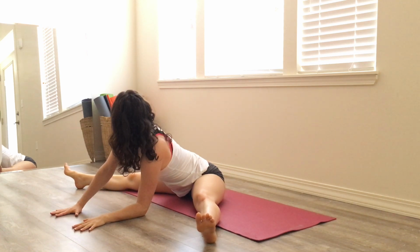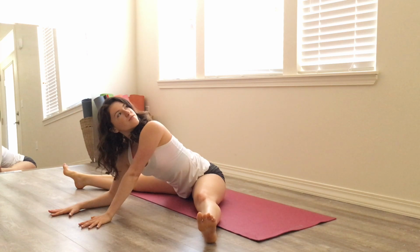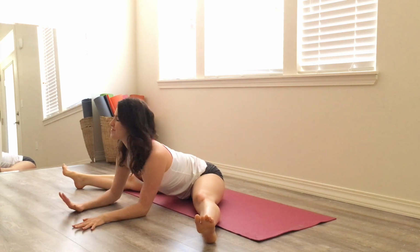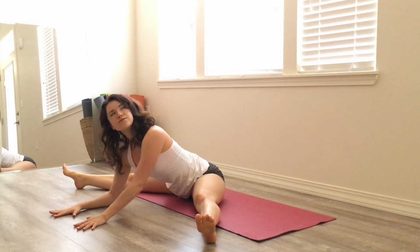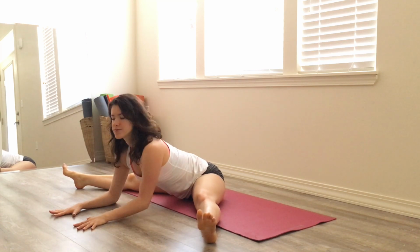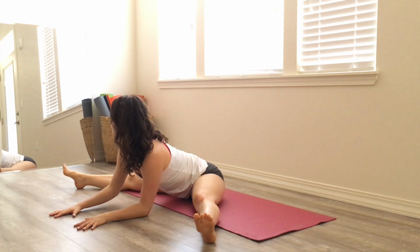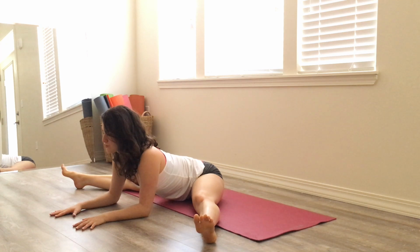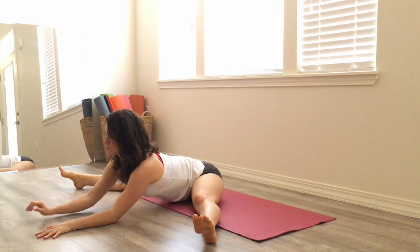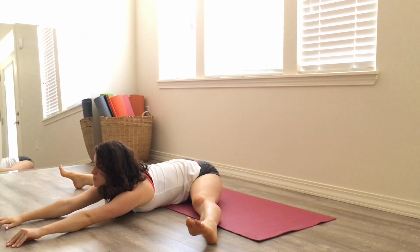Breathing deeply as you press, leaning to your right and left. If you can bring both elbows down, extending the right arm and the left arm, gazing over your shoulder. One more time each side. And finding yourself at center, taking a big breath in, and on the exhale, beginning to walk your hands out